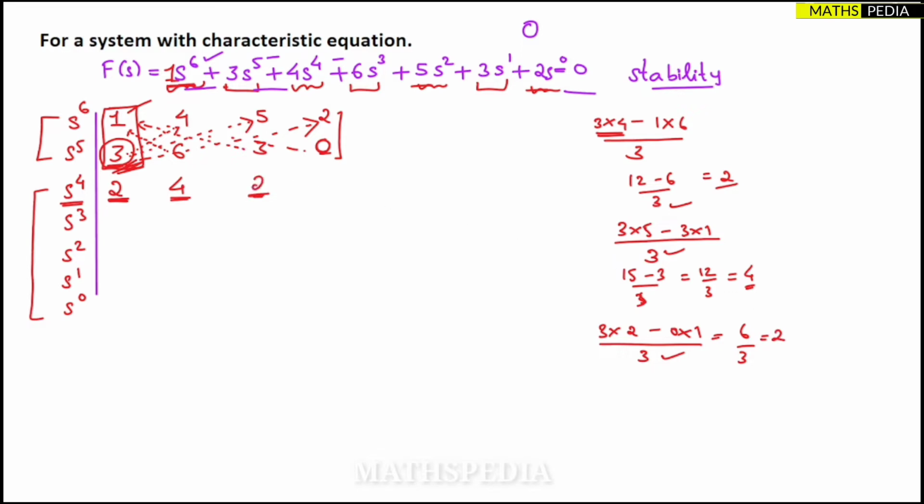This element becomes 2. Now what about this element? Now here we don't have any elements here, correct? So you can directly write it as what? No elements here, that's why it is. Now let us go for this s3 row. S3 row we have to write. So first this one, that is basically